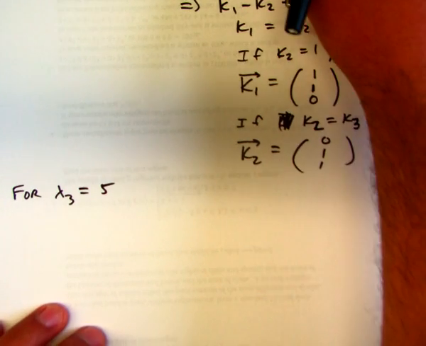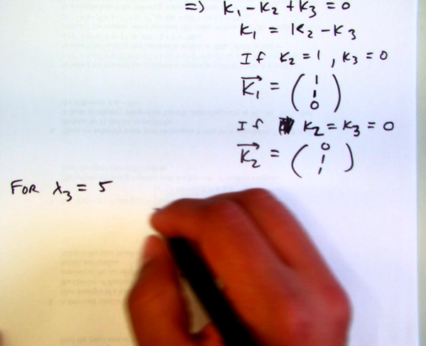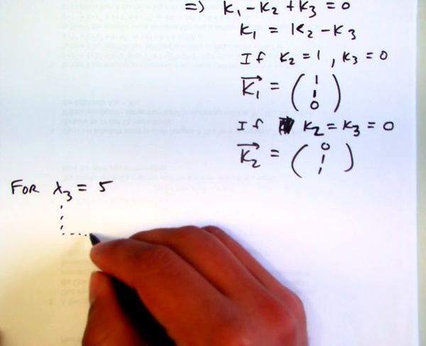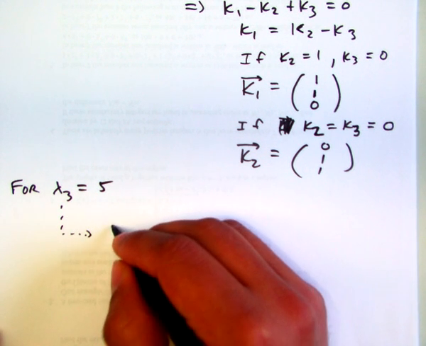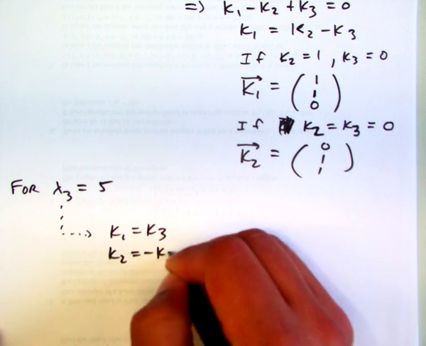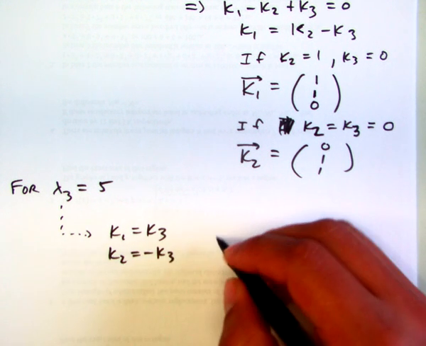And if you're okay with this now that we've done this so much, eventually you get that k1 has to equal k3 and k2 has to equal minus k3. So I'm bypassing all that stuff because we wouldn't finish the section and I want to get it done today. So sorry about that. So then the third eigenvector,